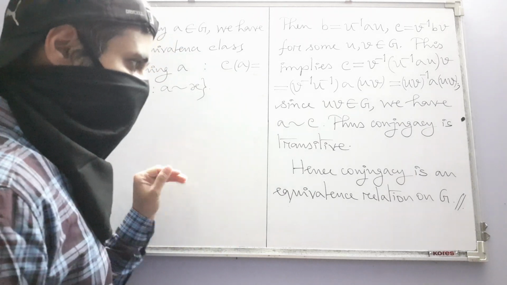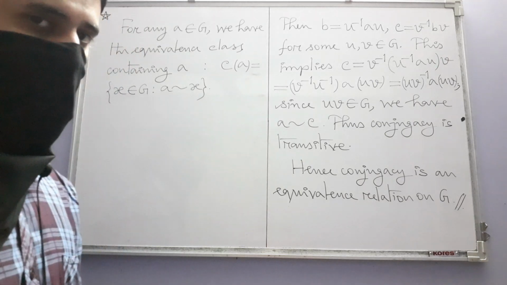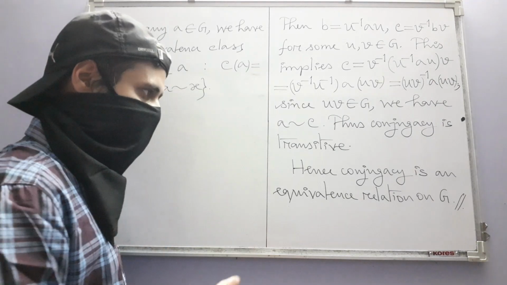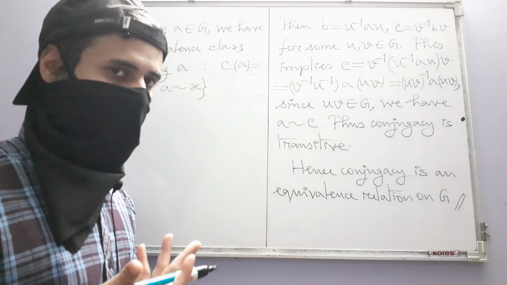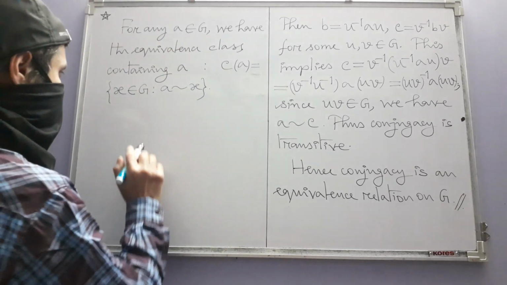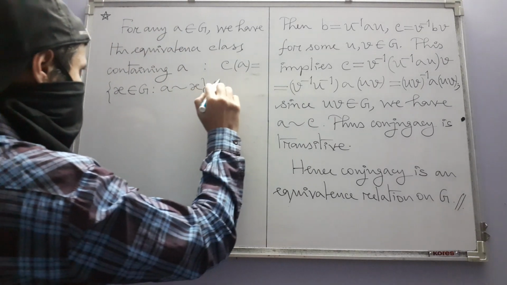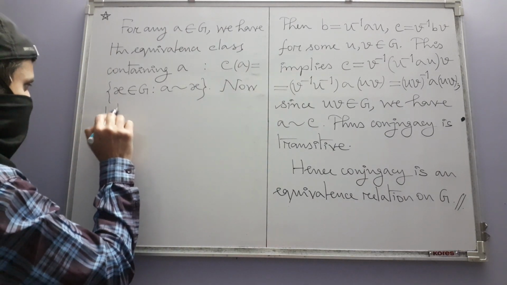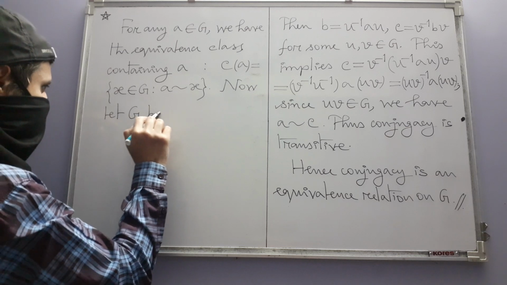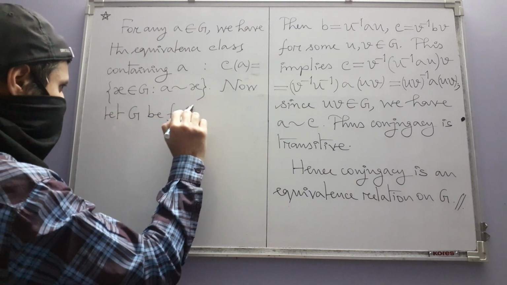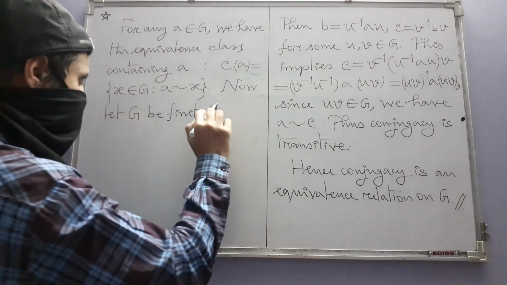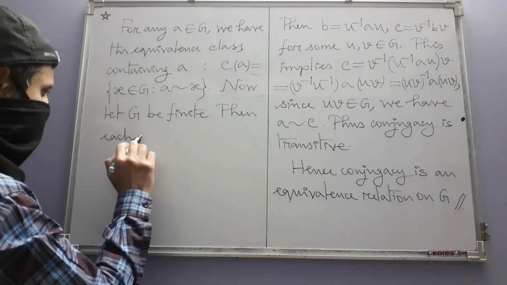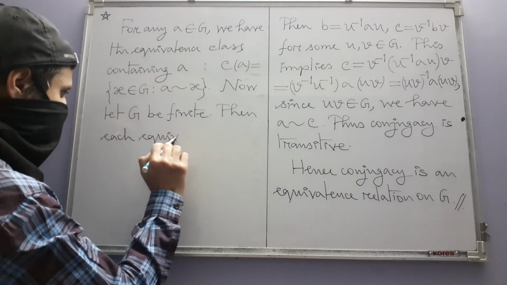But if G is finite, then it becomes really interesting, because in that case all the equivalence classes in G also become finite, because they are after all subsets of G. So now let G be finite, then each equivalence class,